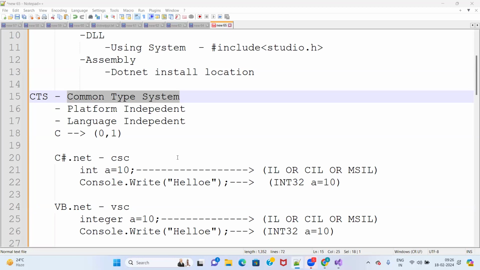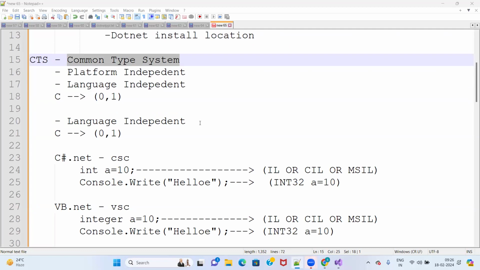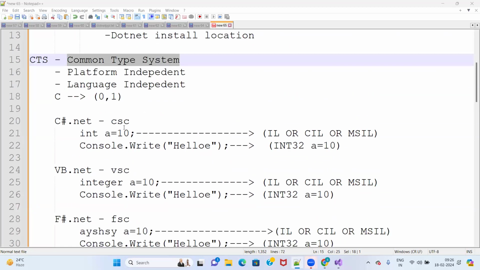Hello, sir. Sir, what is the meaning here? Is CSC, VSC, and FS? Yes, when you compile your program, after you write a program, when you set a compile,